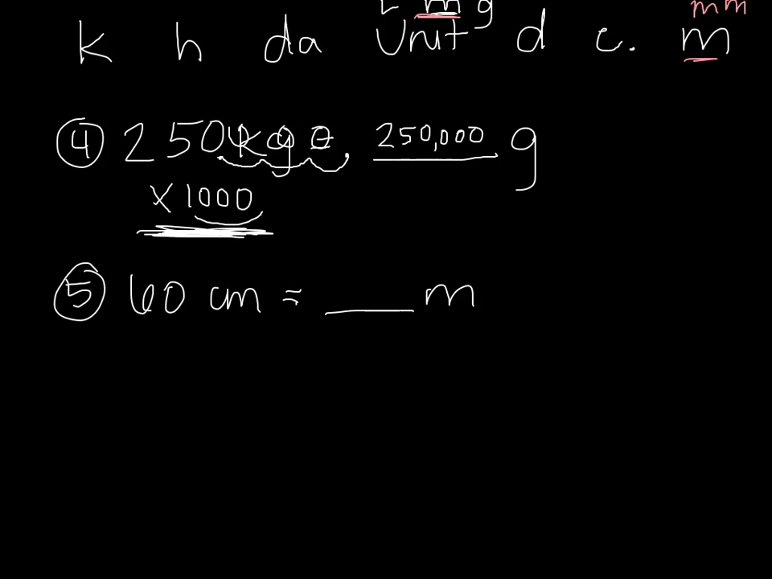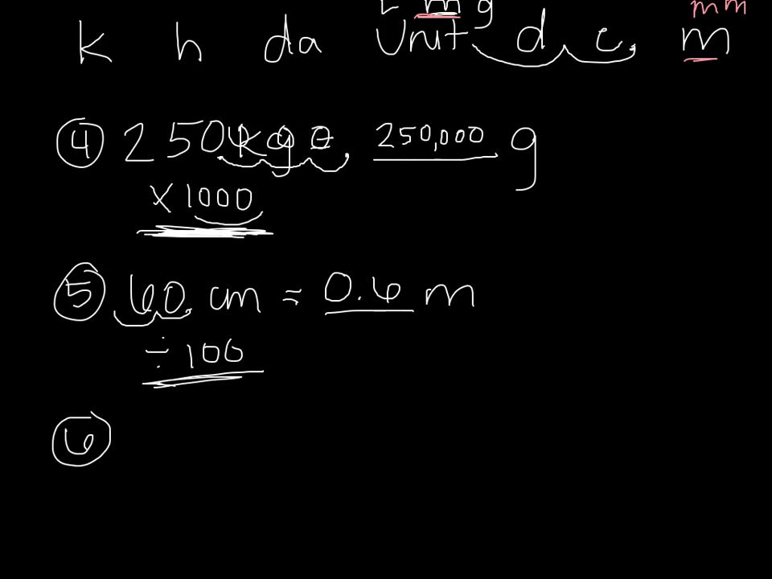Okay, so if I start with C, I need to go 1, 2 spots to the left. When I move to the left, I'm dividing by 100. Make sure you have that on there. So 60, I need to go 2 spots to the left. So my answer would be 0 and 6/10 meters, because I'm dividing by 100. All right, we're going to try one more here right now, and it is 0 and 27 hundredths grams equals